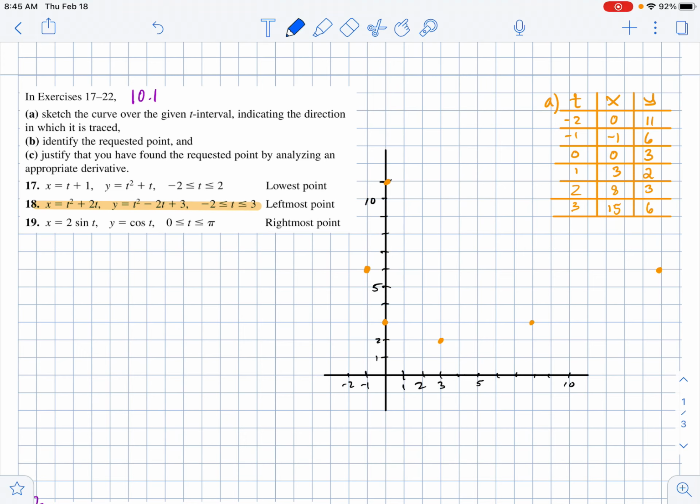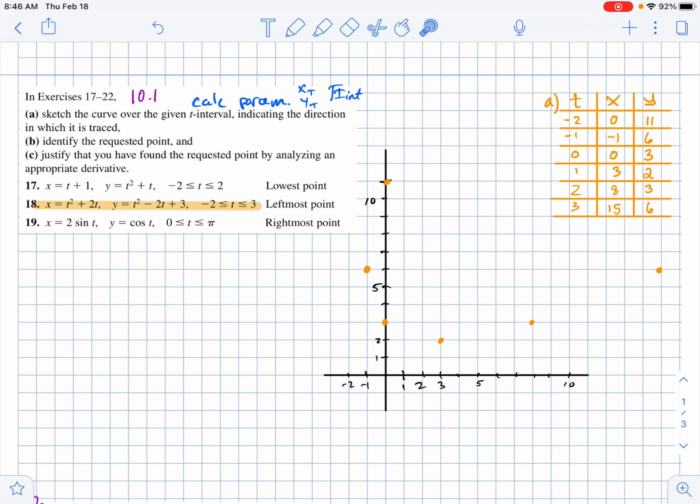One, you can use your calculator. As long as you know how to use your calculator in parametric mode, you'll have an x of t and a y of t, and then you'll have a t interval. That'll work, and you can graph it, and it'll even show you the path that it takes. But if you're asked to do this without a calculator, what I recommend is you just make a